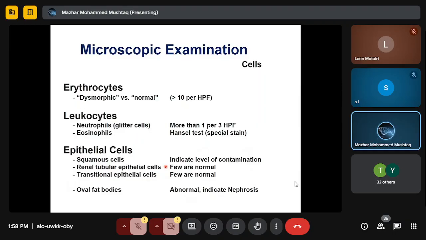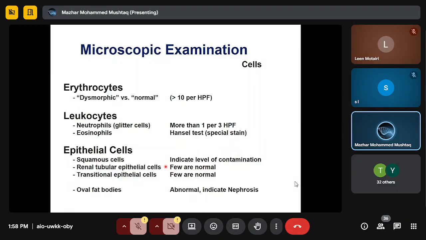1/3 HPF means, I don't know if you have seen the microscope. In the microscope, when you are seeing one view, that is one view. If you go to the second view of the slide, that is second view, second HPF. If you go to the third view, that is the third view. So if in three views you see one of them, that means it is suggestive of this one neutrophil. Because when we are seeing it under the microscope, we do not rely only on one view. We have to see it in multiple views, and in multiple views you should be able to view at